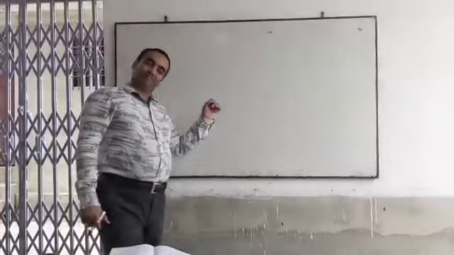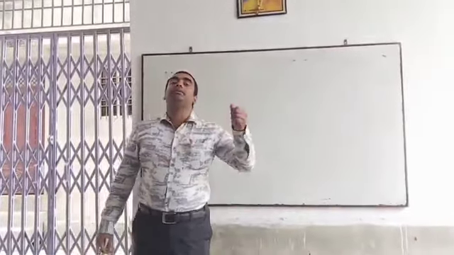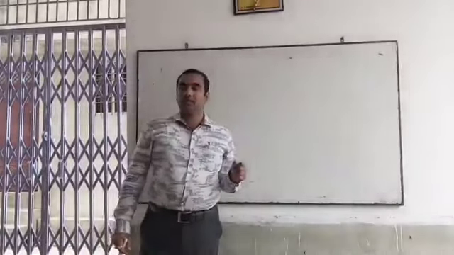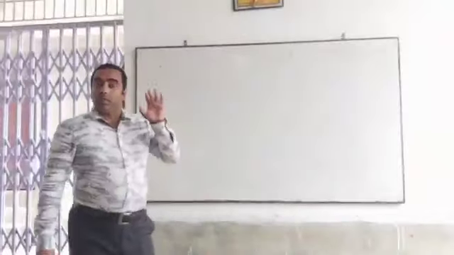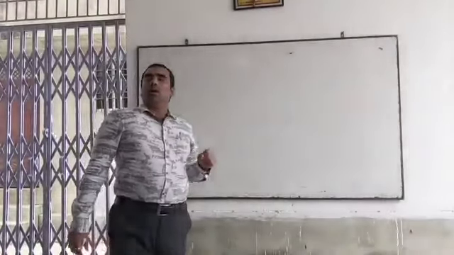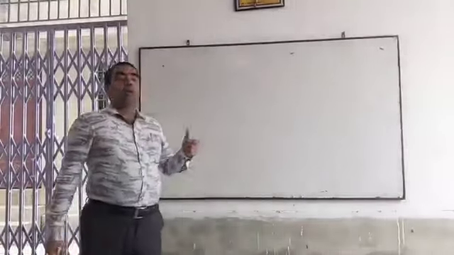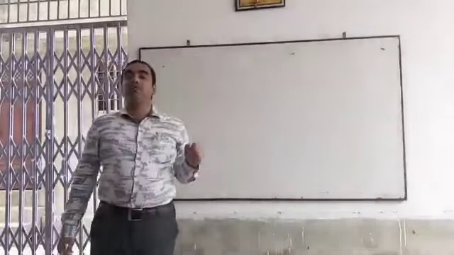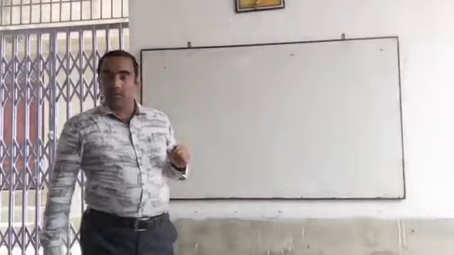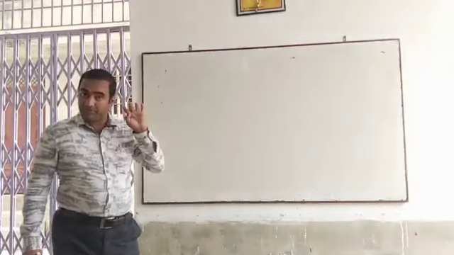Okay? Now I think you are knowing very well what is the actual meaning of row operation and column operation, and how it takes place. Now we are going to come to our actual topic. What is our actual topic? How to find the inverse by using elementary operations. Here you are knowing very well there are two types of operations. First one is row operation and second one is column operation. Okay?